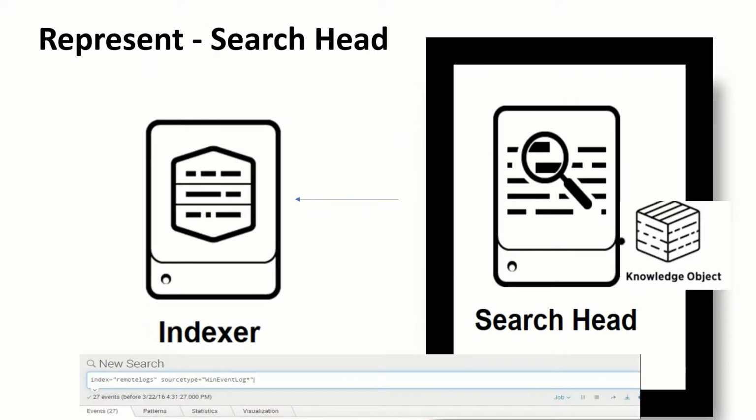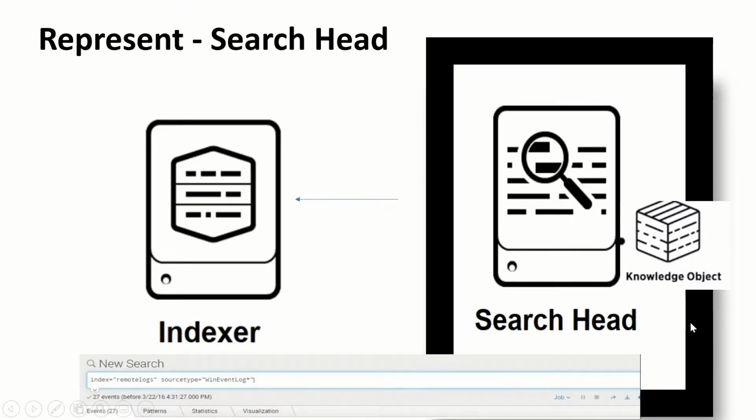The next component is the search head, the representation layer. The search head generally represents data. It has its own knowledge objects, and users can create their own knowledge objects, through which we can search the data.